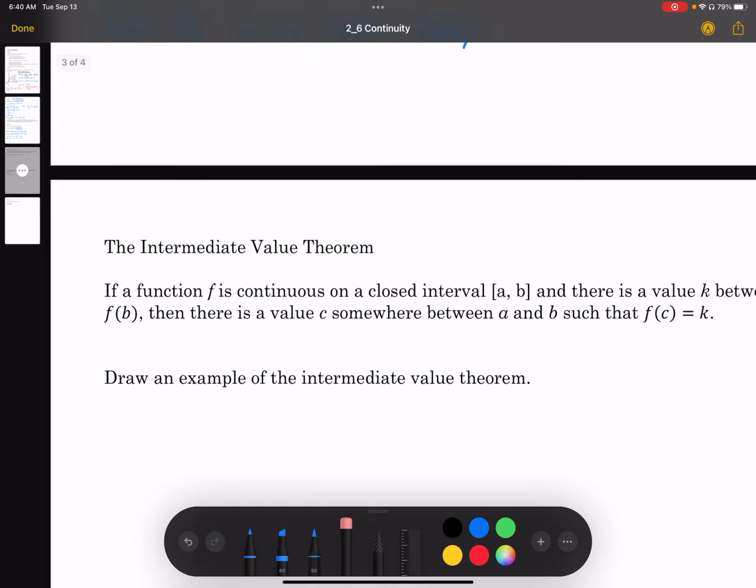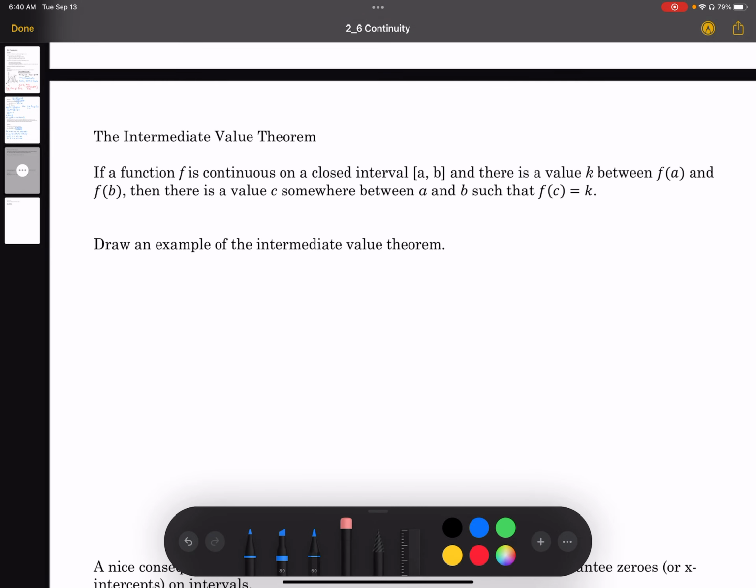All right. So an important consequence of continuity is the intermediate value theorem. What the intermediate value theorem says is, if a function is continuous on a closed interval, then if there's a value between the two outputs of the endpoints of the interval, there has to be an x value that produces that output. So if we had to draw an example of the intermediate value theorem, it would look something